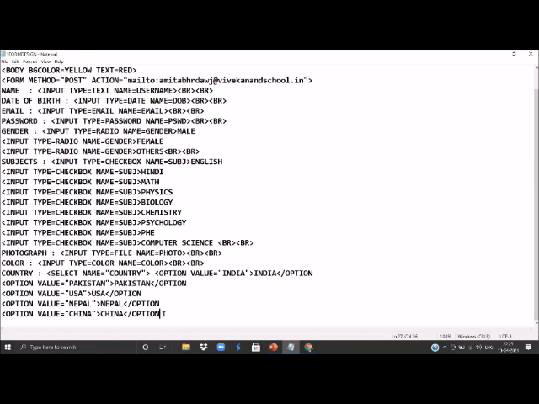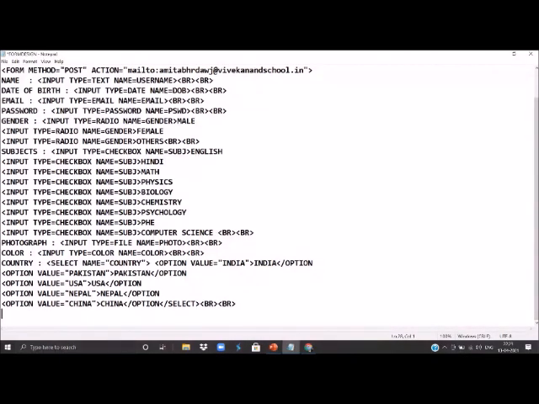Then we will close the select tag also, and then we will give a line break. After that, suppose we want the user to give some suggestion.